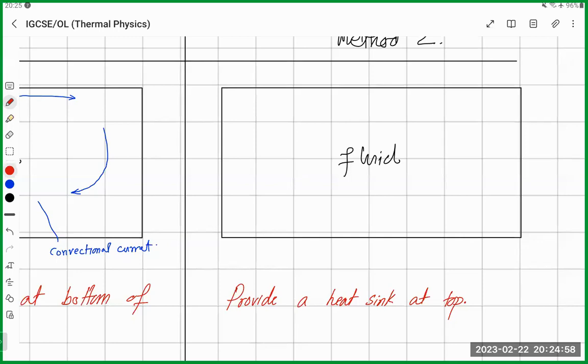There's nothing cold. Cold is not a thing. It is just absence of heat energy. Very much like darkness is nothing. It is just absence of light. Similarly, cold means absence of heat. So a heat sink means